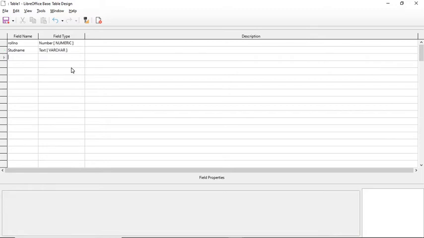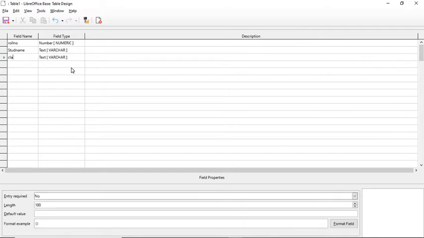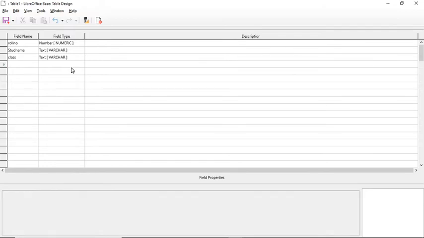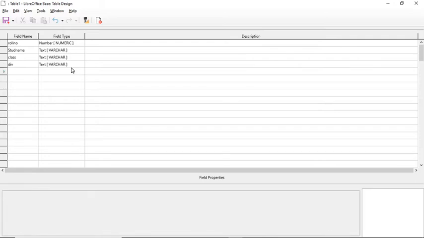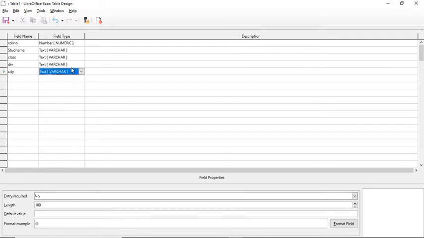Then the next field is class, and its data type is also text. Then after class, division, data type is also text. Then city, data type is text.